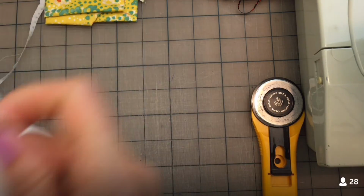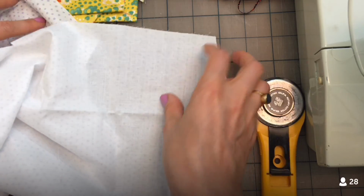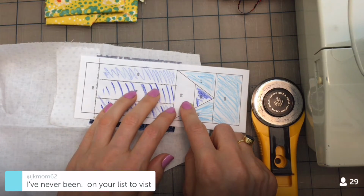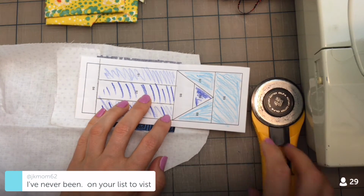So for this piece, okay, I like putting it face down when I do this. So there's a couple ways we could do this. I could,